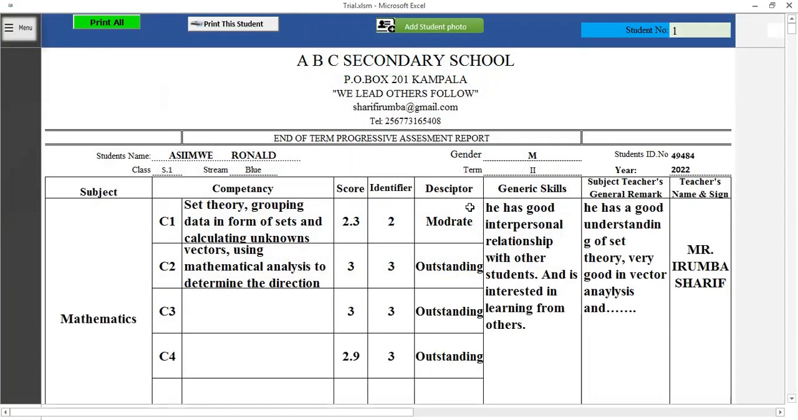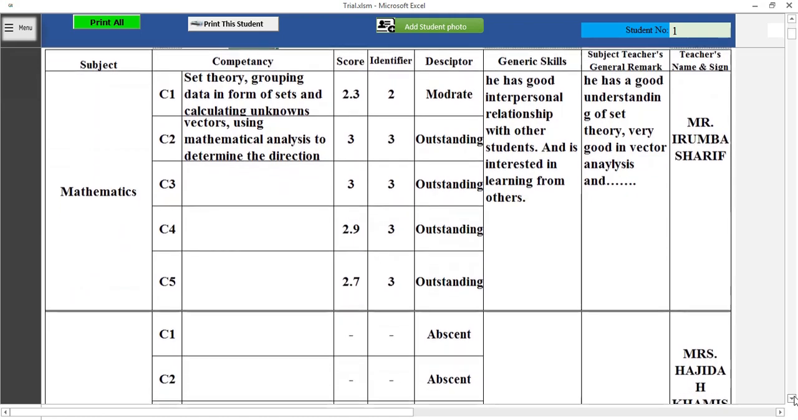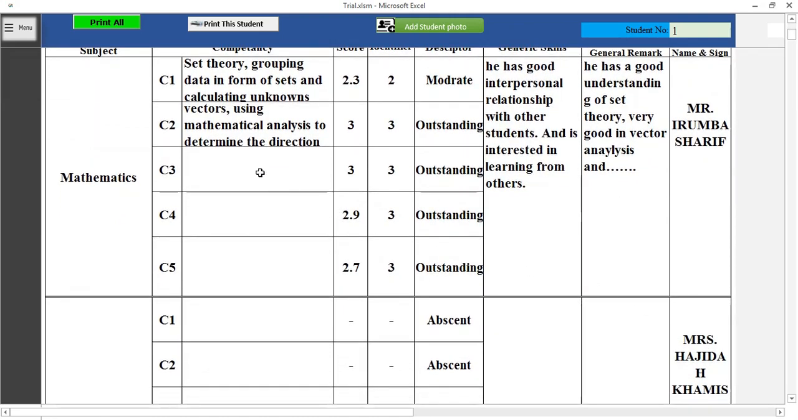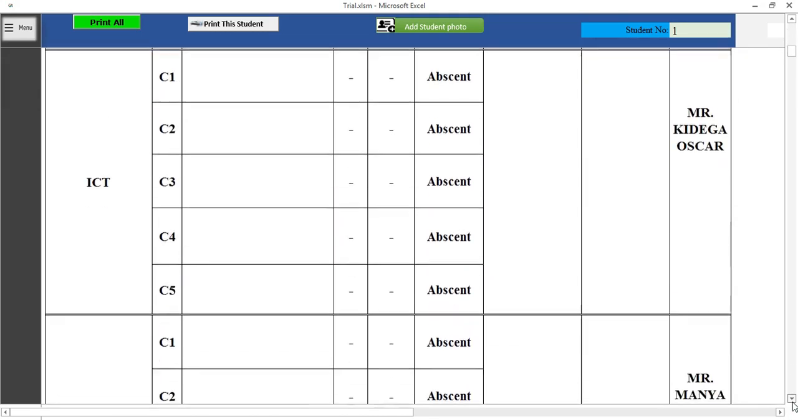So when you go to the report card, we are going to see for student number 1, the student's ID number is already there, the year is there, the gender is there, and the student's name is also there. Then the teacher's name is there, and all what we have added for the generic skills have also been displayed here. Then if you try to go down, we added only for mathematics. So if you try to move down a little, the other details that we have added